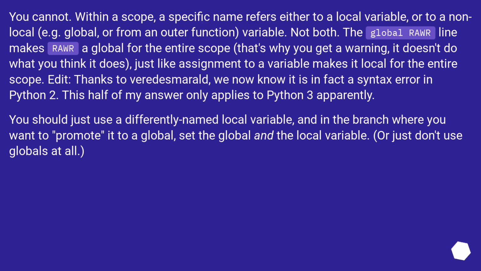You cannot. Within a scope, a specific name refers either to a local variable or to a non-local, for example global, or from an outer function, variable. Not both. The global RA line makes RA a global for the entire scope. That's why you get a warning. It doesn't do what you think it does, just like assignment to a variable makes it local for the entire